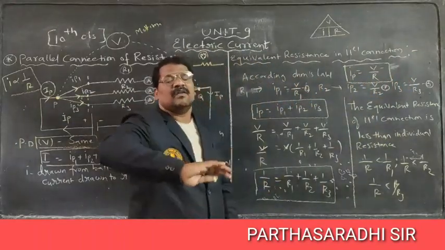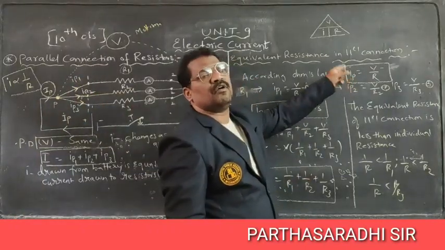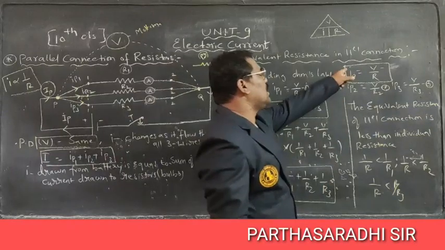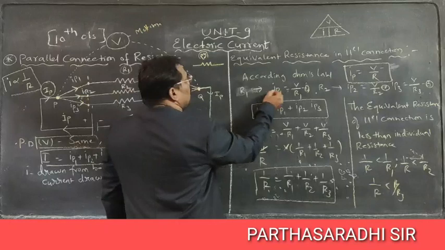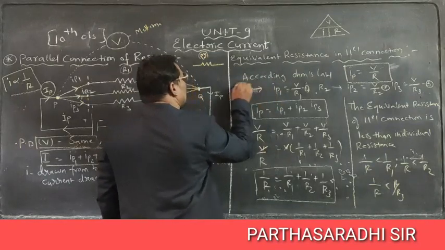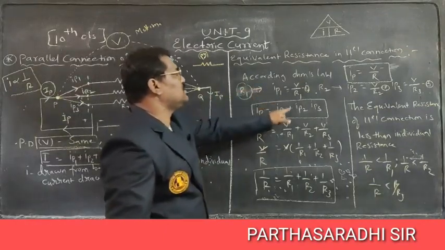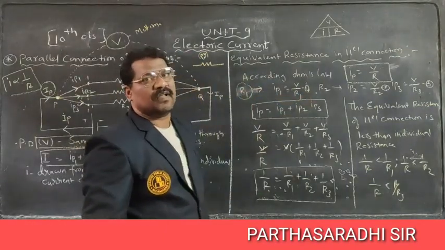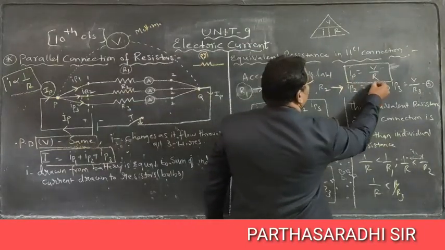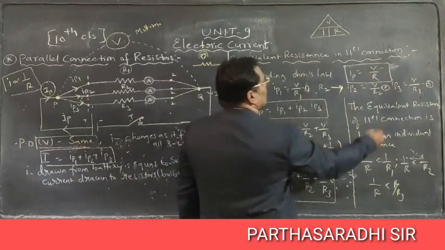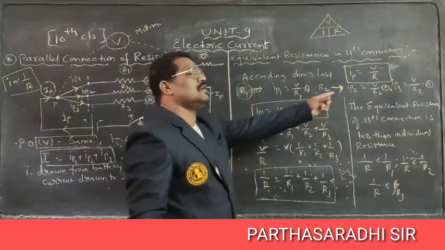In series connection, we applied it based upon potential difference, whereas here we are applying it based upon current flowing. Total current IP is equal to V by R. The current passing through the R1 resistance wire is measured by an ammeter. IP1 is equal to V by R1, consider it as 1. Similarly, through the R2 resistance wire, IP2 is equal to V by R2, second. For the R3 resistance wire, IP3 is equal to V by R3. Take it as third one.